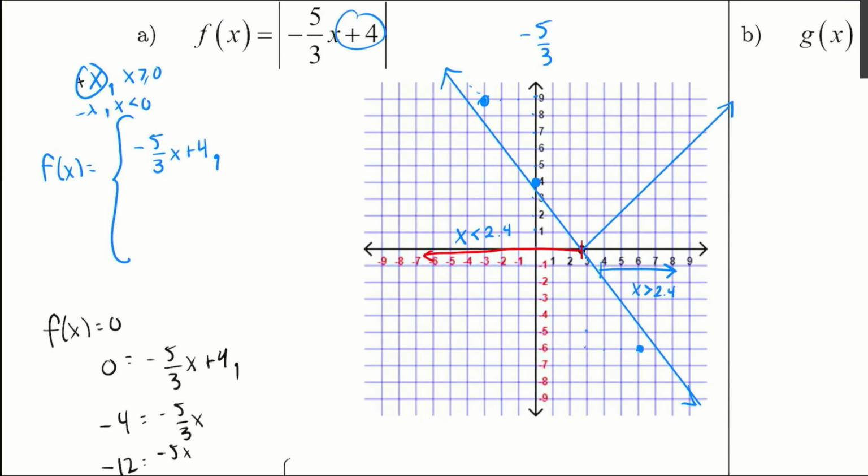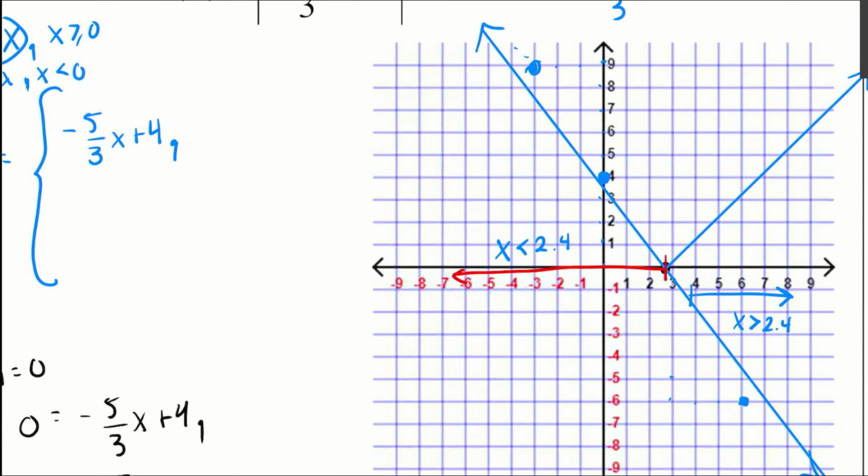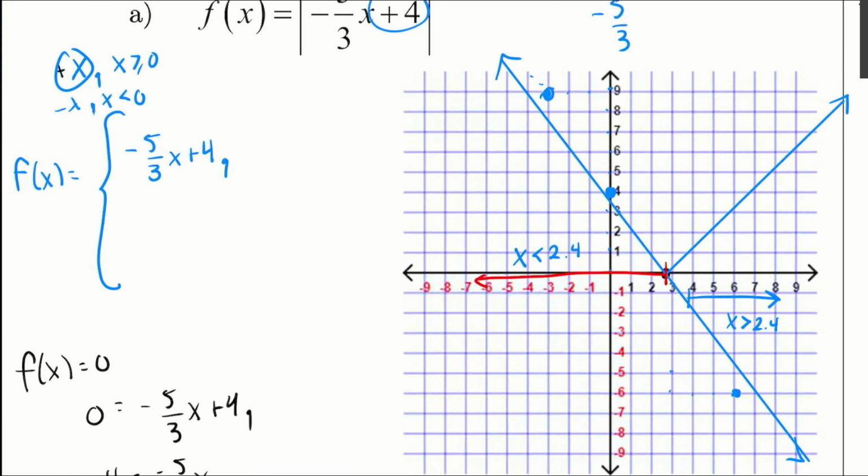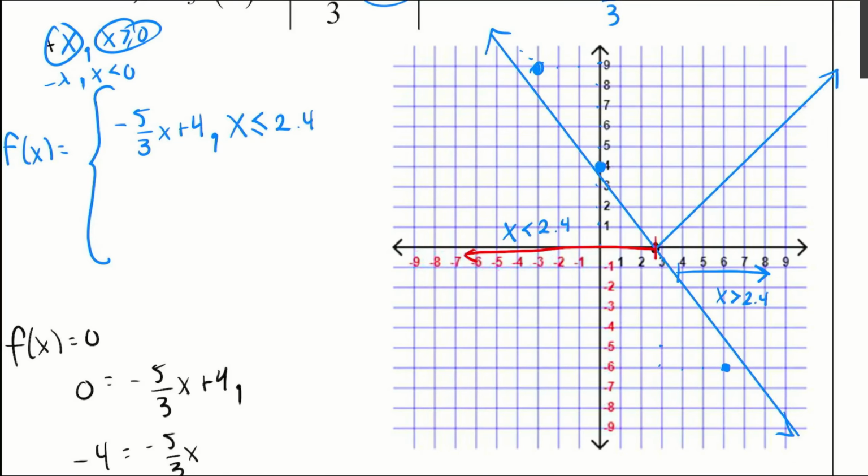And this is absolute value. We're looking for where it was already positive, right? So we're going to have x is less than or equal to 2.4. Because remember, this is our original equation, so we're using that less than or equal to 2.4. And the other option here is going to get slammed in with the negative version. So we'll have this negative version of